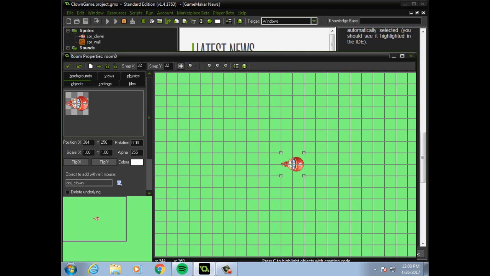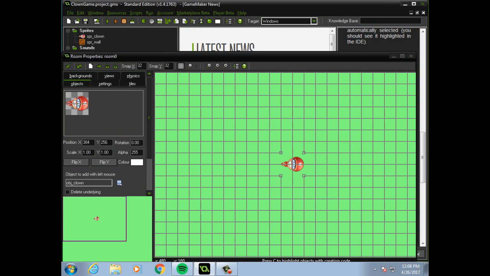So it takes a second to run, and you see the clown goes off in a random direction. It went that way, and it just goes off forever. So we don't really want that to happen. So we can change our objects now, and